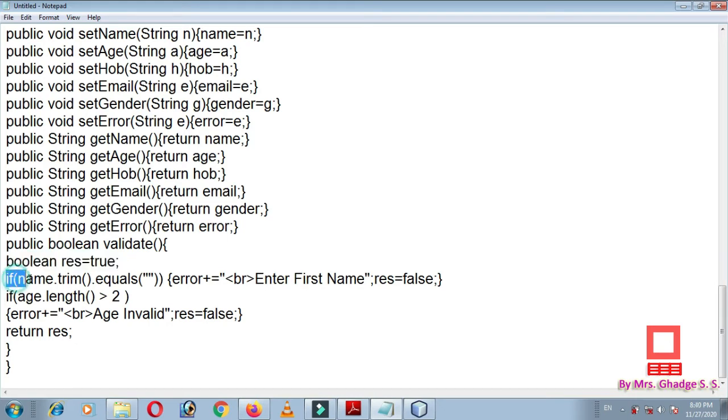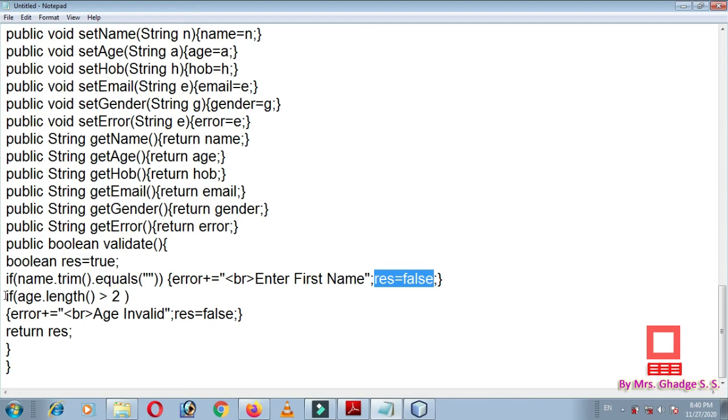Then the condition: if name.trim().equals(""), that means if the value of the name field or name text box is empty, then it will append a message to the error variable, and the message is "enter first name". And the value of the res variable becomes false, res equal to false.